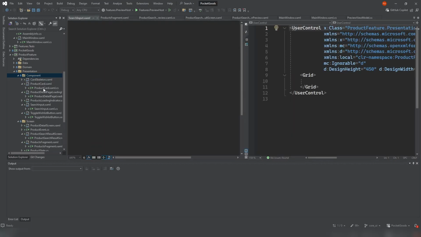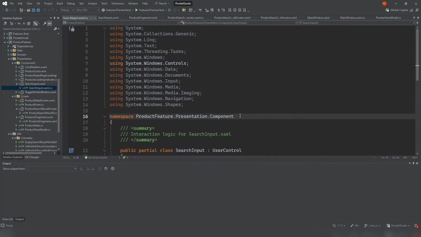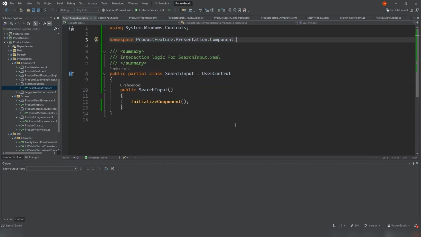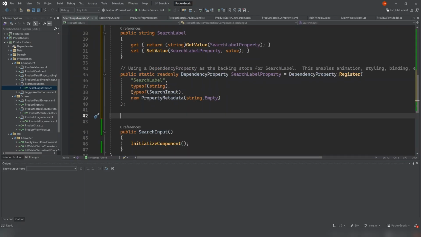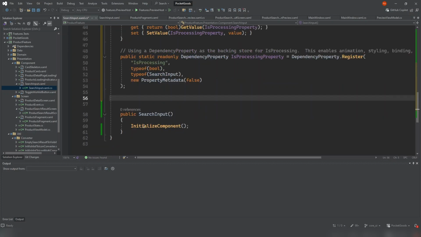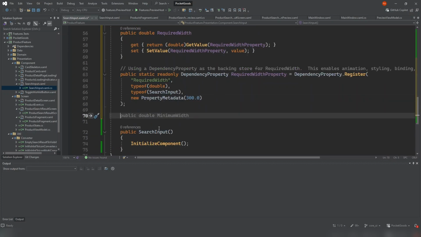As usual, I would like to start from the code behind. It's going to be basically a wrapper around the text field that we have implemented under core UI. As dependency properties, we need query. We need the label for the search input. We're going to add to this search input the progress indicator. We have to add the required width in order to allow the animation. And because we're going to implement the autocomplete here under search input, we have to add the list of the